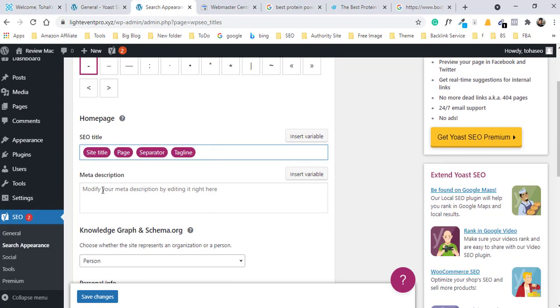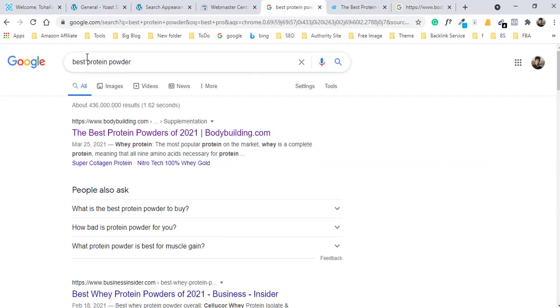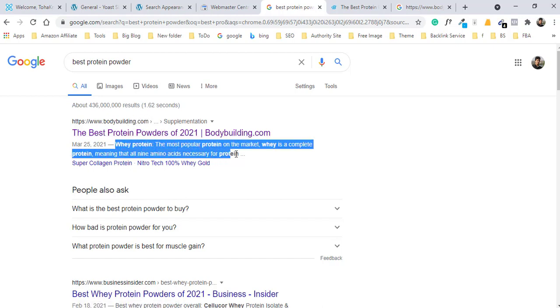And you can put the meta description. Meta description means when you search anything, like when I search best protein powder, here you see that this is the link, website link, this is the title, and this is the meta description.